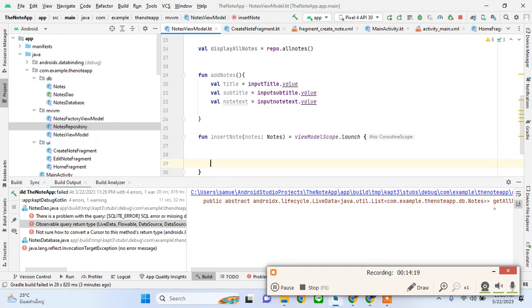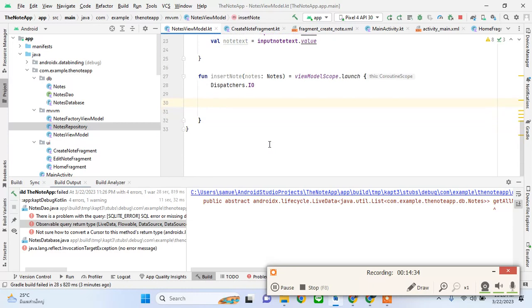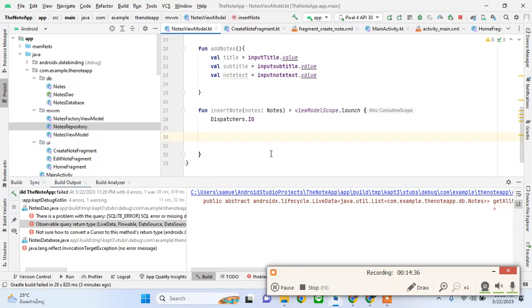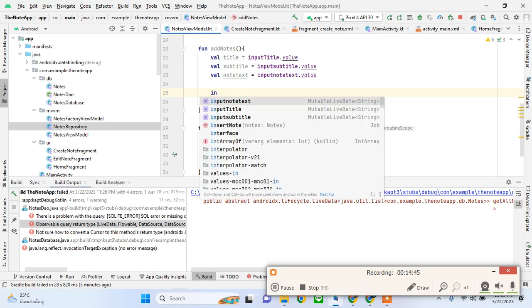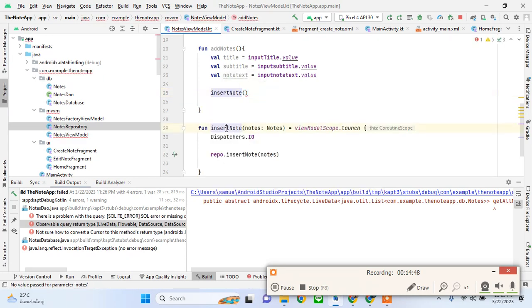Okay, this block is here, and in this block, okay, so now what I'll do here is I'll just go to my repository and insert notes, and boom, we are done. Okay, so here I'll just reference this insert node in the add node, and what it's going to do